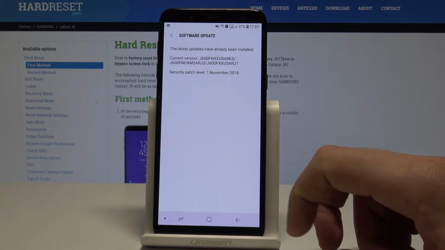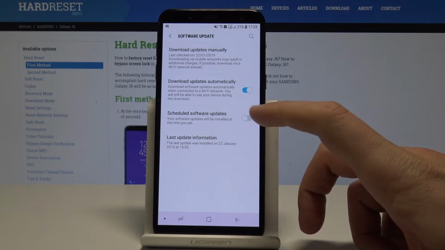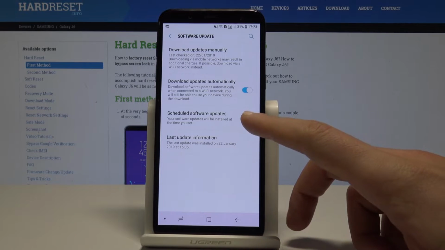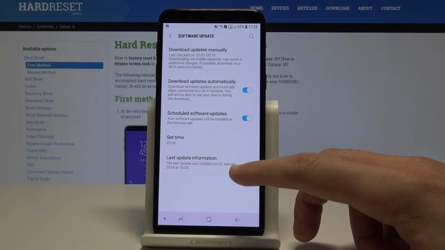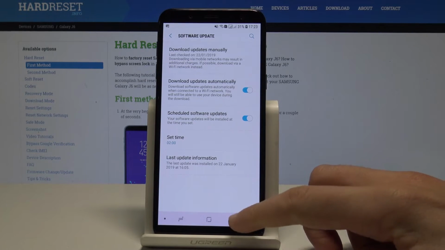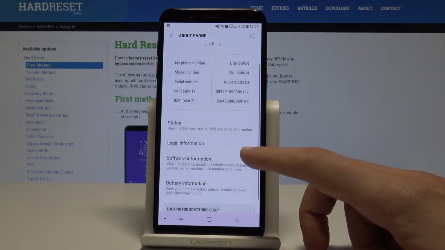Here we've got our current version and security patch level. Here you can also enable the download updates automatically. You can also schedule software updates if you would like to set some time. Here you've got your last update information. So that's it. You can also go back here and choose about phone, for example, to read here some information